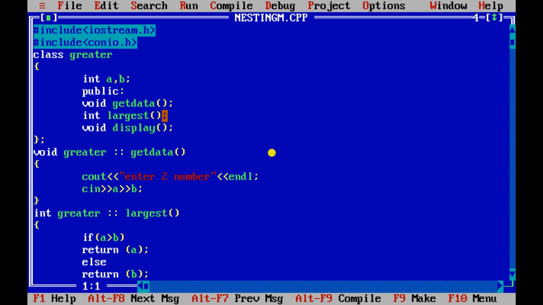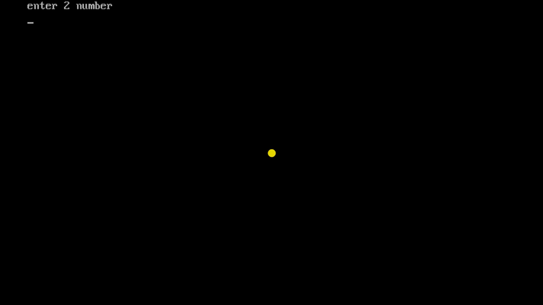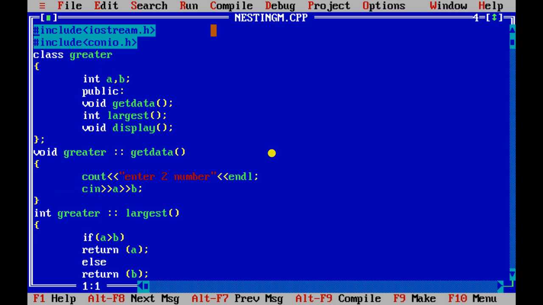Again we will run, and we will put other values, 200 and 100. The greater is 200, the value a is returned to largest, and that largest we have printed in the display function. I hope you have clearly understood this video.